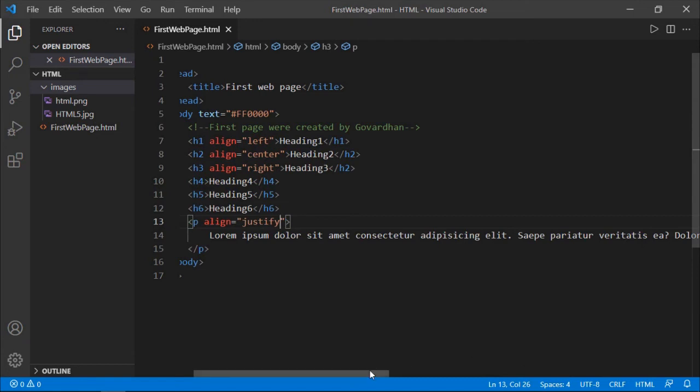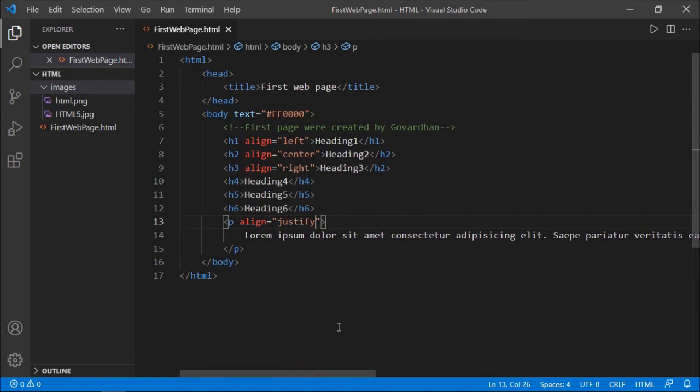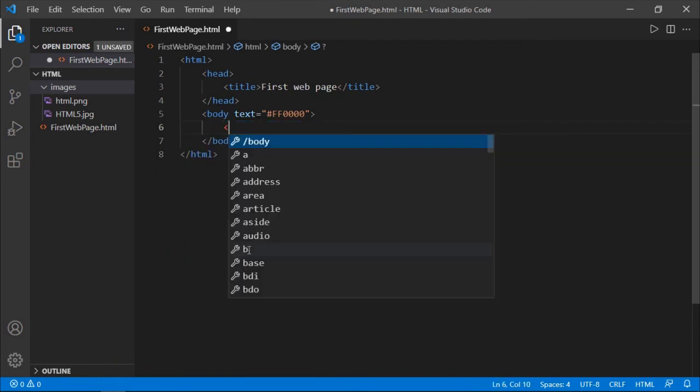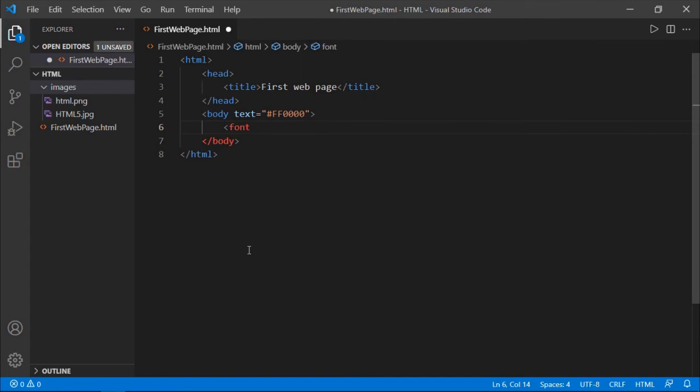Let's come to the next basic tag, that is the font tag. The purpose of the font tag is to change the size of a font, or change the color of a font, or change the style of a font.